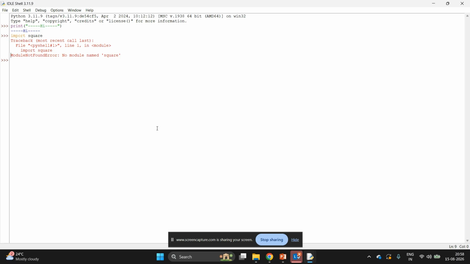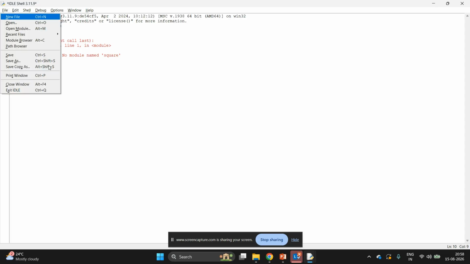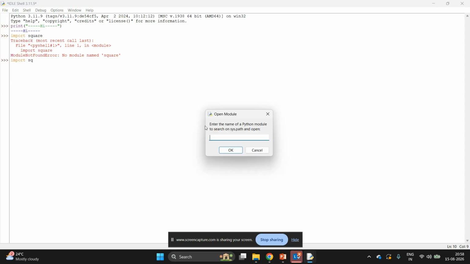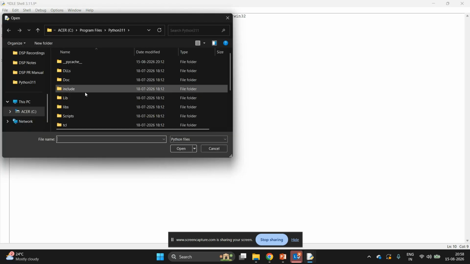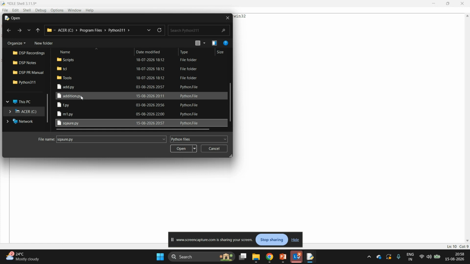Okay, the spelling might have changed. So the name of our module was square. What was the name? Let's check it. We will go to the file menu, open. Under this Python folder, do we have square? This is square. Okay, the spelling is wrong.